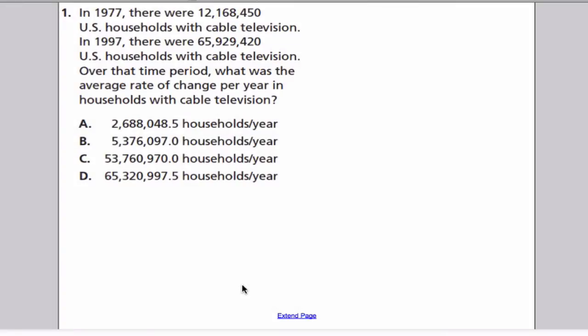I'm going to walk through some MCA practice problems here. Feel free to follow along, make any notes where you see that they're needed. Number 1, in 1977, there were